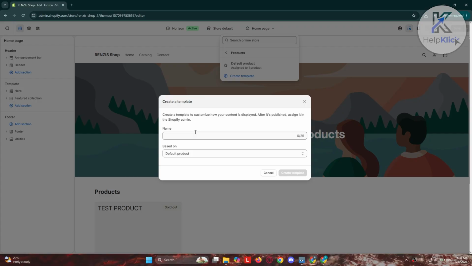Now, from here, you can add whatever name you want. So let's just say it's going to be a test product temp. Now, obviously, you could use any other name you would want to use in here. Now, you can choose your default